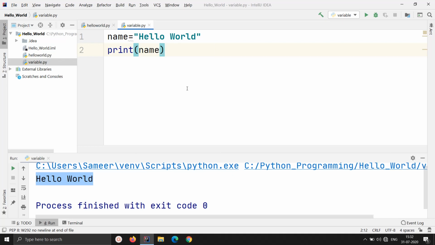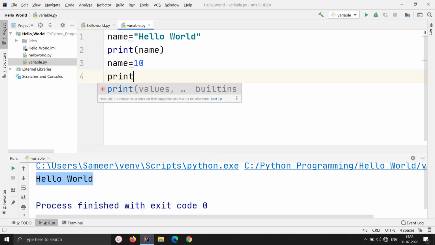Isn't that cool? Just understand what kind of power and flexibility Python is giving us by providing this feature, that we are not required to declare the variable beforehand. We can just use it. Python will understand, okay, you have done this, and this is the kind of value that you want to store, and I will store it. The next thing that I will show you will again be very interesting, and it will surprise you in a way. What I'm going to do right now, just observe carefully. Suppose I have written name is equal to 10, and right now what I am doing is print name.